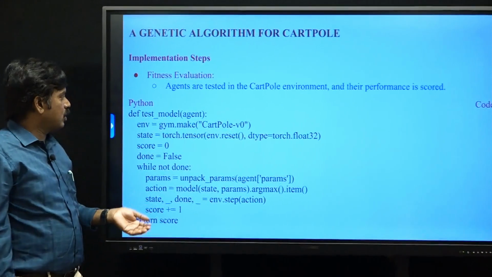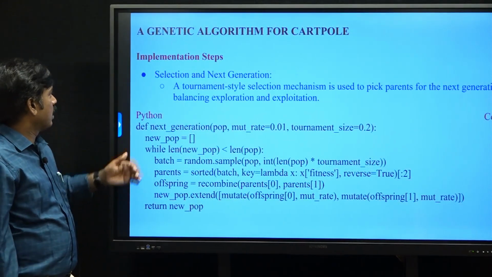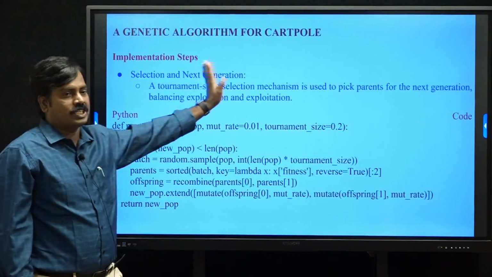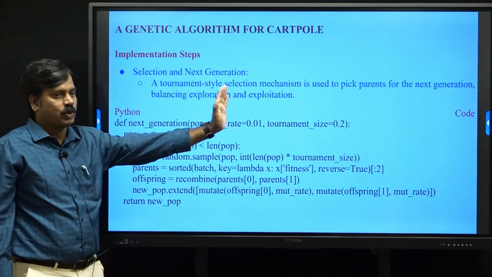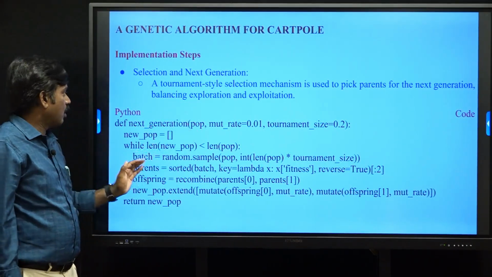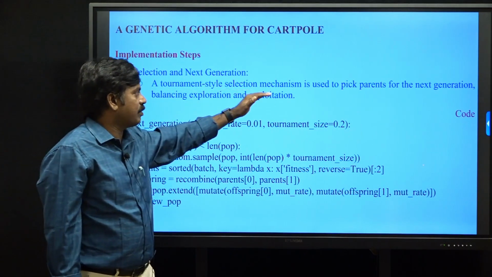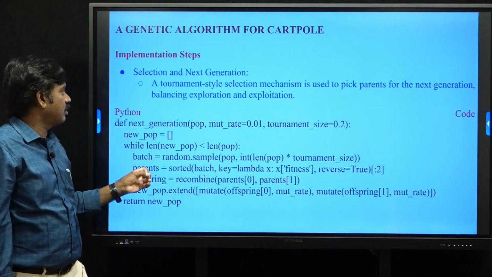We select the best performing agents based on the fitness score. Next is selection and the next generation. We select the best performing agents and produce the new generation by applying crossover or mutation. A tournament-style selection mechanism is used to pick the parents for the next generation,